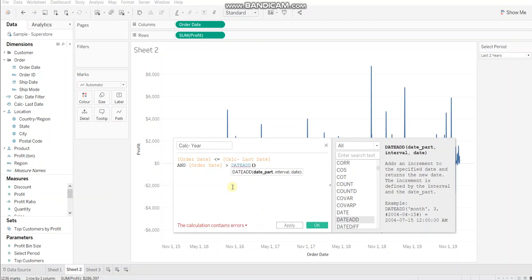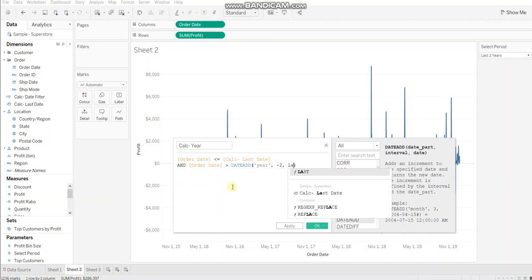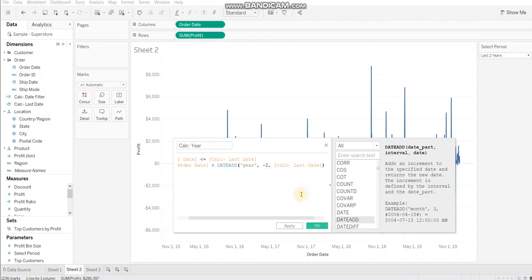This will allow me to retrieve last 2 years data. So the date part would be year here and the interval would be -2. Since we want to go back in time, we'll use negative of 2. And from when we want to compute the last 2 years data? From last date. So we'll use the last date calculated field. Click OK.